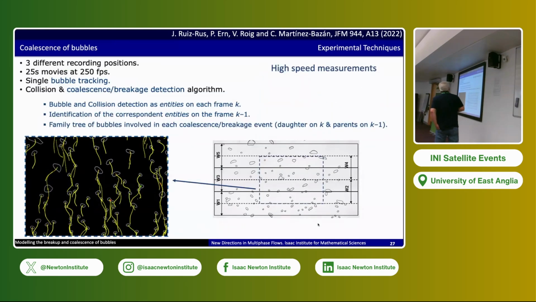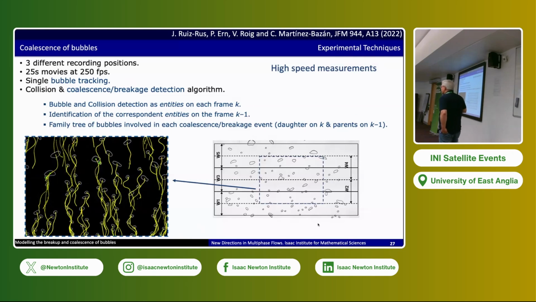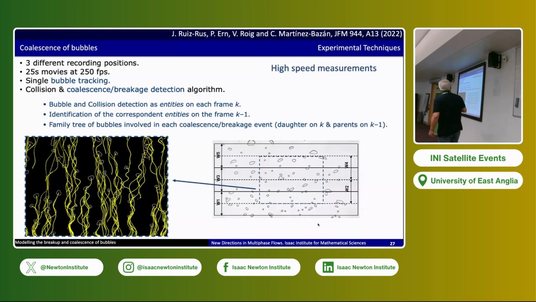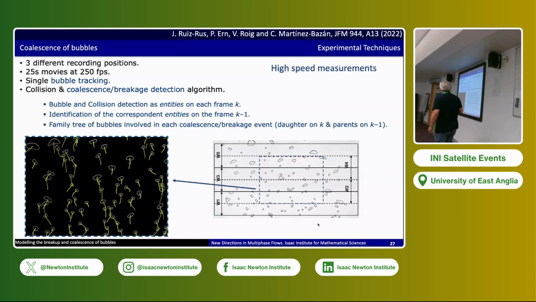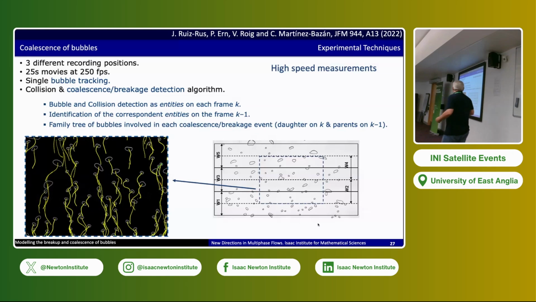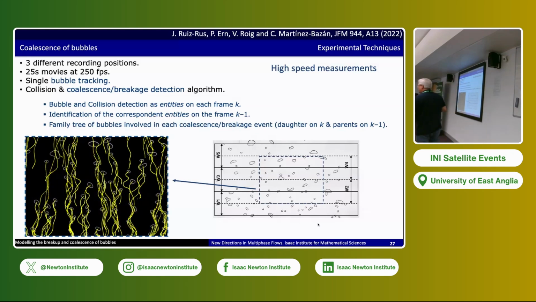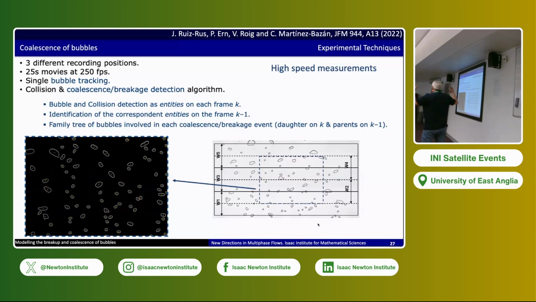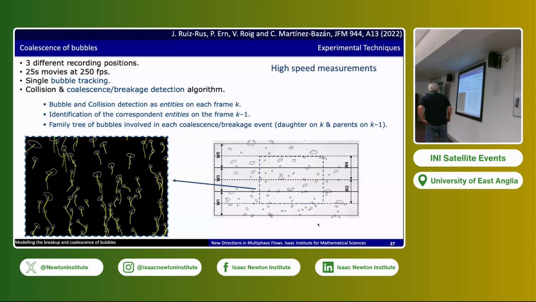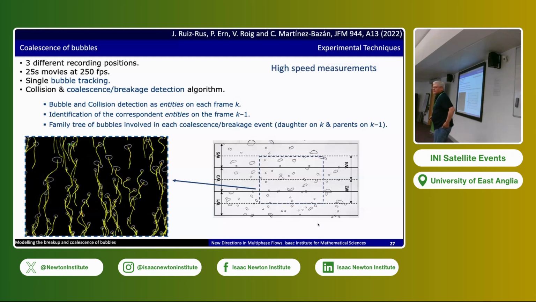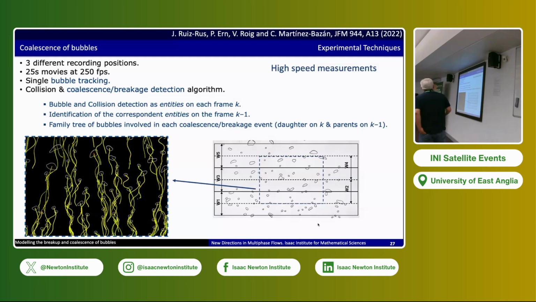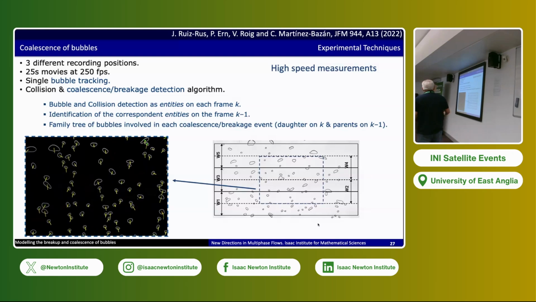As I said, we also have experiments with a high-speed camera. So we took images at different regions with the high-speed camera at 250 frames per second. And we developed, and when I say we developed, Javier developed a bubble tracking algorithm. So this is not a commercial one. It's been done by hand in a couple of years, right? And he was able to track every single bubble in the window and follow it. So we could see it from there.